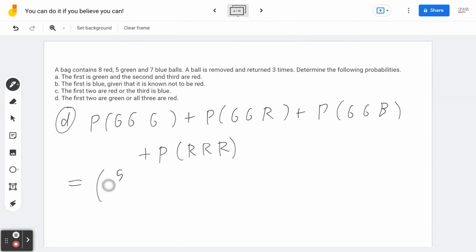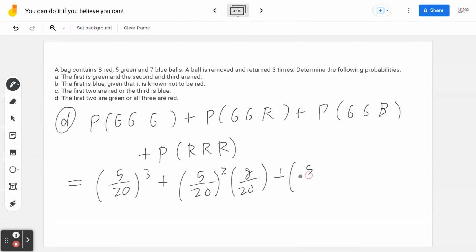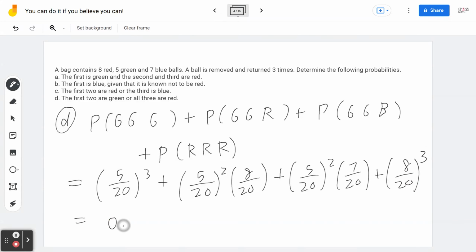So green is going to be 5 divided by 20 to the power 3 because you're multiplying itself 3 times. Green is going to be 5 divided by 20, but we have two of these. 8 divided by 20 plus green is going to be 5 divided by 20, but you're going to square this. Blue is going to be 7 divided by 20. Red, of course, 8 divided by 20 cubed. You work it out. I believe it's